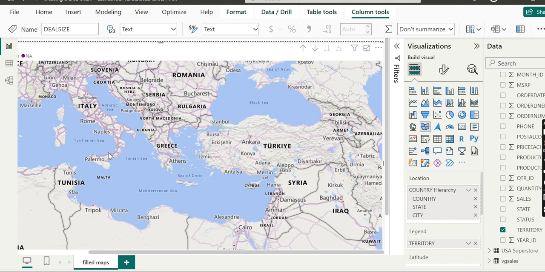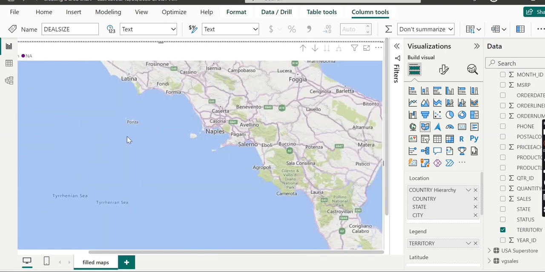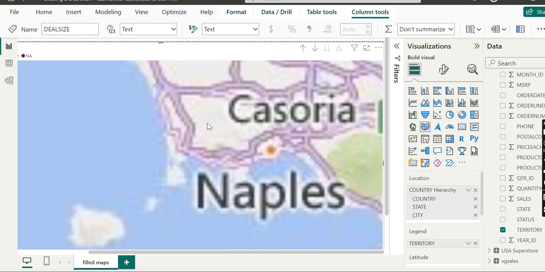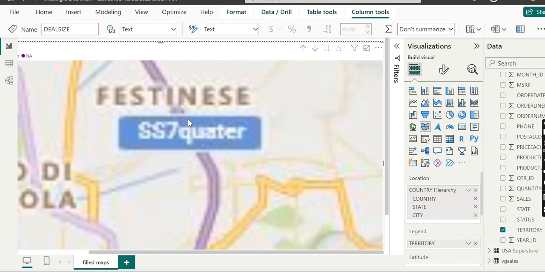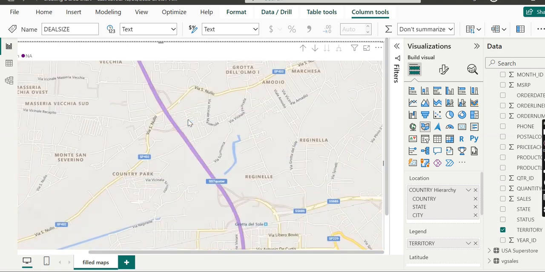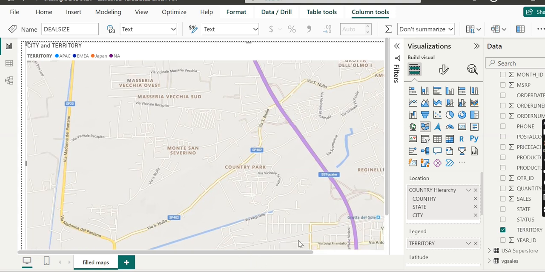Now, here I am seeing something like at Naples, there are some cities where we can see sales is there, and how we can justify it. Cities in the APAC territory are shown in blue, and cities in EMEA are dark blue. For Japan it is orangish blue.